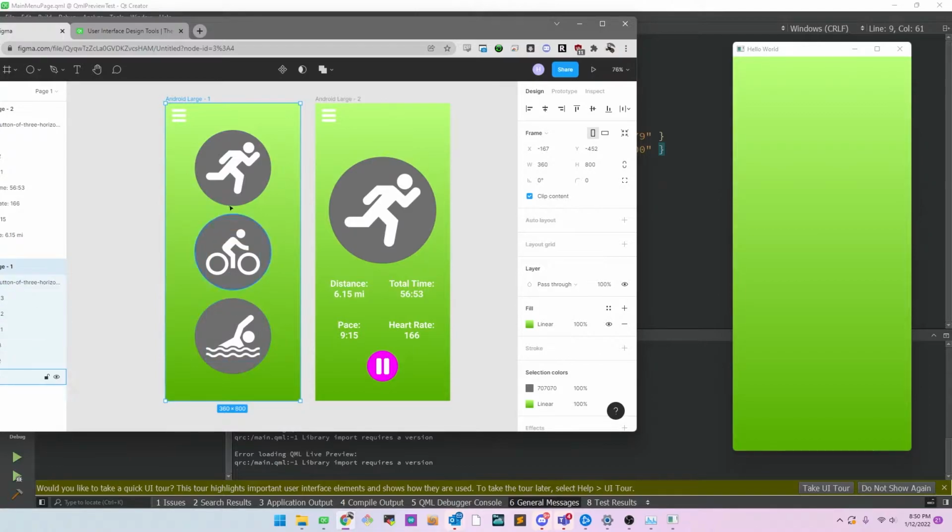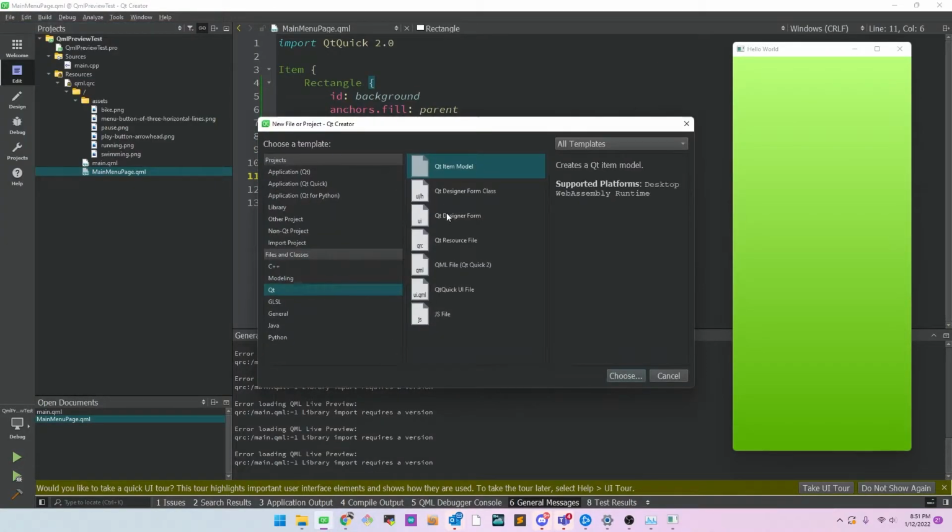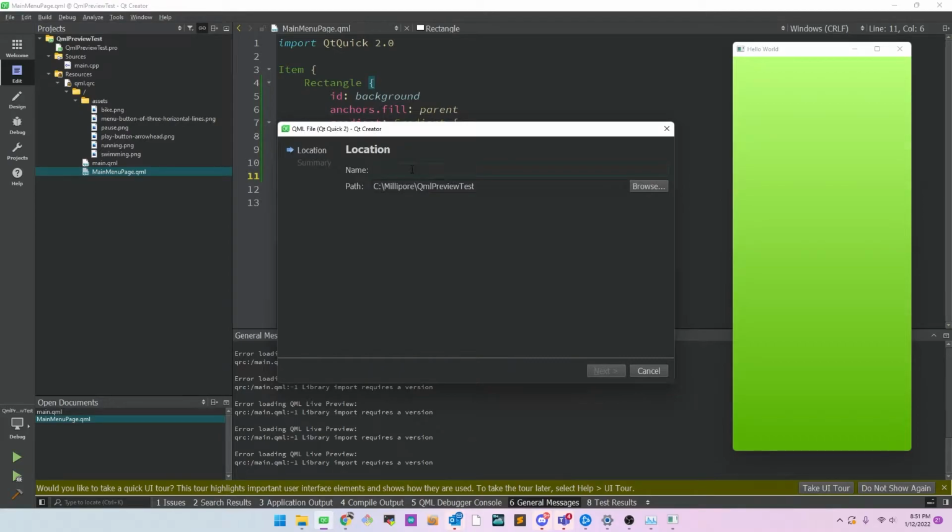So let's go ahead and add these buttons. The idea here for this fitness app is you would click one of them and it'll bring you to the next page where it starts recording your workout, run, bike, or swim. So I'm going to make the 3 of these buttons here a custom component and see how the QML Live Preview handles that. So let me go ahead and add a new file and we'll just call this menu